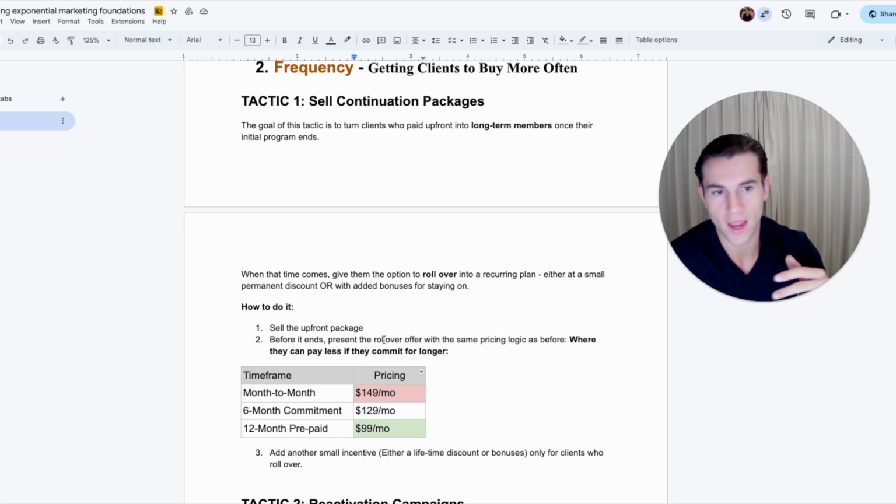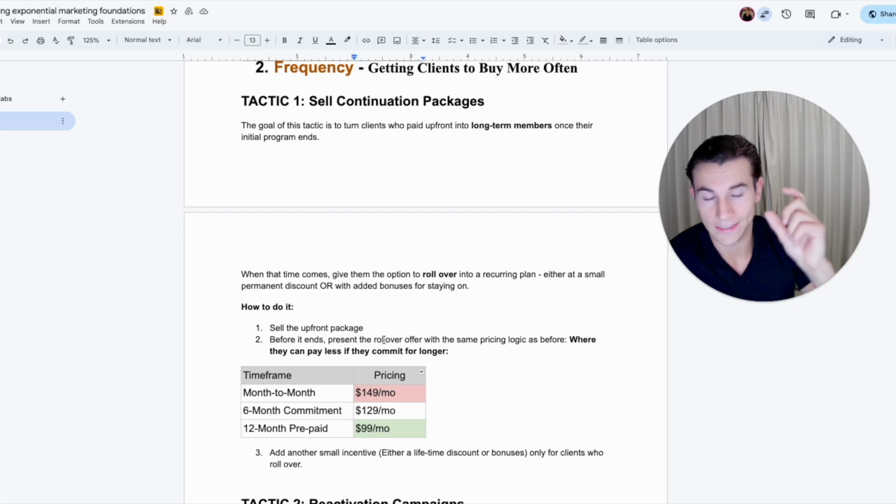And you throw out the word free. This is what you have to do. Throw out the word free. So you're going to say, hey, listen, you're 2 months in. You have $400 left for your next 2 months or whatever. What I can do is, if you commit now for 12 months, I can take that amount of money and just add it on completely free, completely free pro bono for those 12 months, which is at $99 a month, meaning I'll cut off 2 months and you get 2 months free.